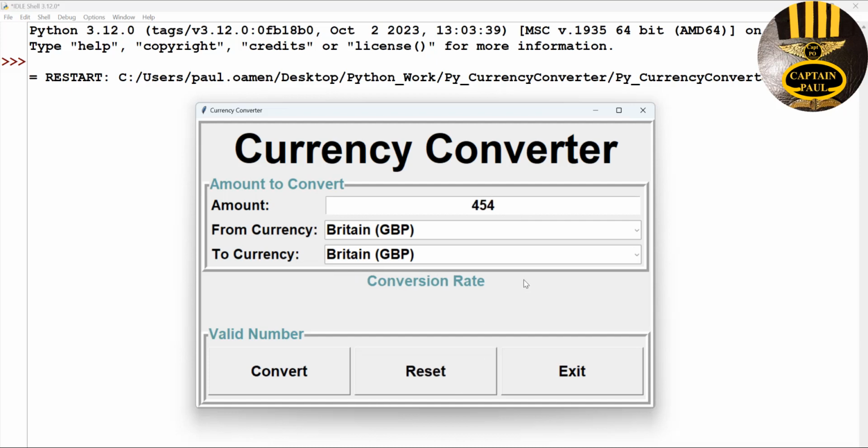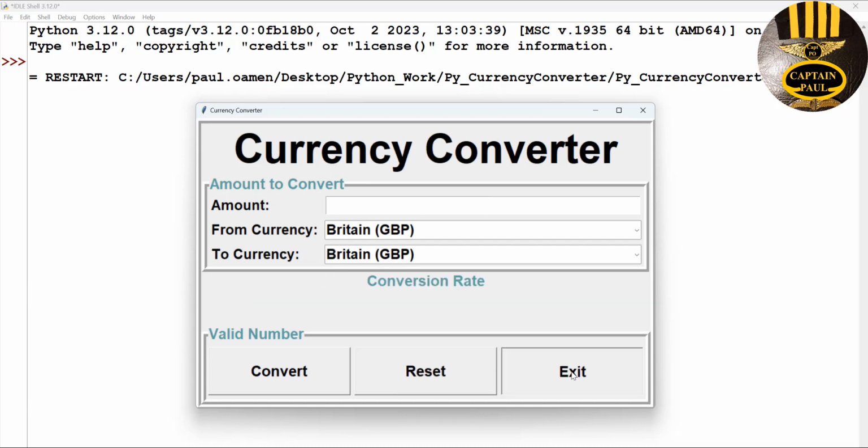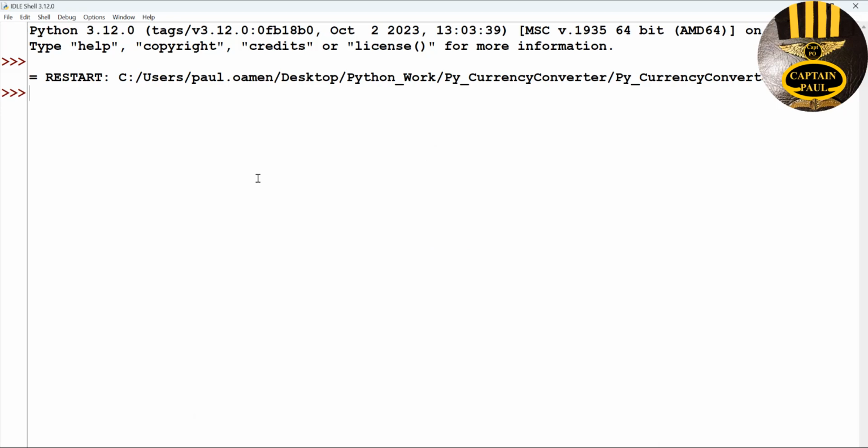So we enter a valid value in there and just convert from British pound sterling to whatever. That's Canada. Let's go for maybe Australia. Just click on convert. And there we go. So that's the conversion rate from British pound sterling to Australian dollar. There. So what I'm going to do now, guys, I'm going to take you guys to Python development environment, and